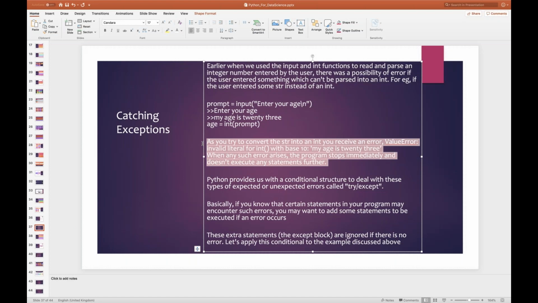Perfect. Now basically, if you know that certain statements in your program may encounter such errors, you may want to add some statements to be executed if an error occurs. Now when you're a programmer, you will know what you're going to expect. When you know what you're going to expect, sometimes you may get some errors. You expect that error to happen. If that error happens, then you have code to approach that error and fix it. For example, let's say you're writing a program and your program should first give you an error message, and based on the error message you have another step which has to be executed. In such steps